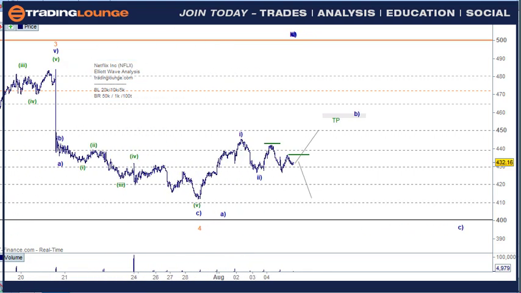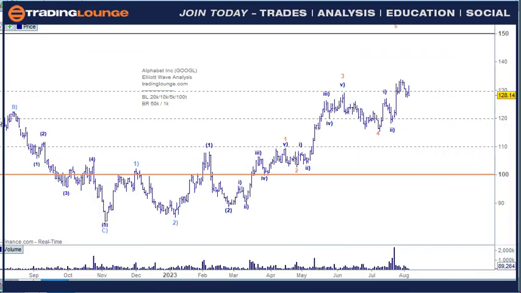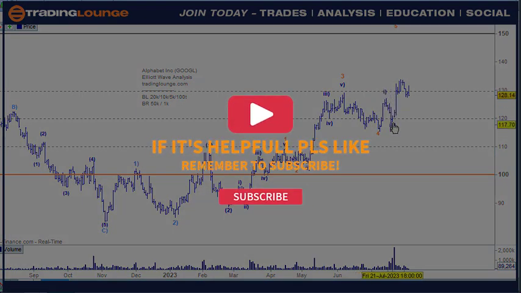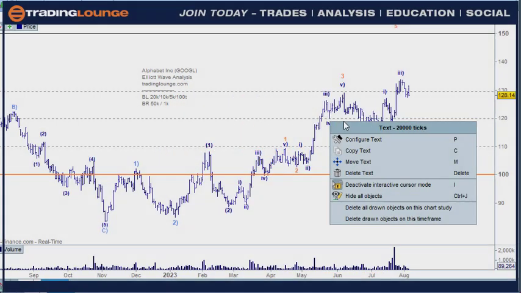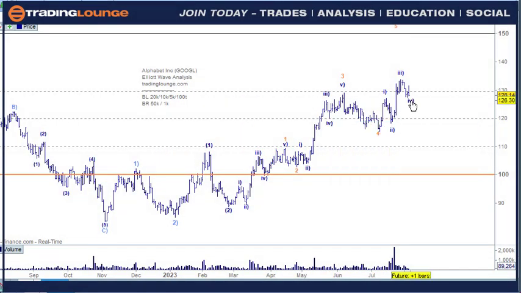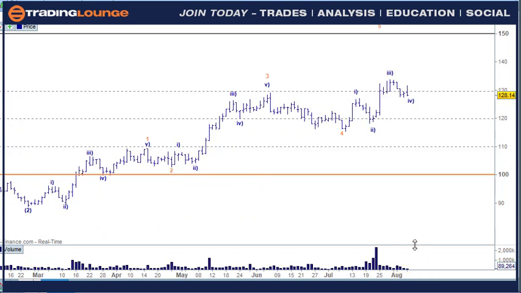And the next one is Google. So with Google here, we've got a nice clear wave 1 up here with 2 here, then 1, 2, 3, 4, 5 here for the third wave. So we're looking for the fourth wave to come into play here. It looks like it's under pressure. The market has moved up